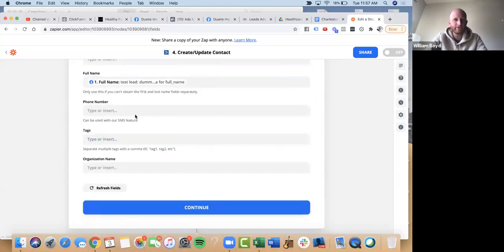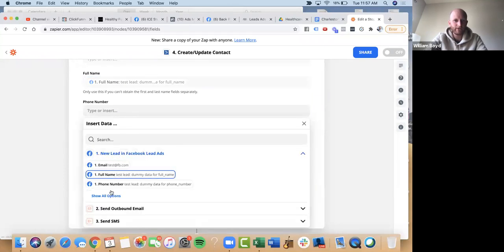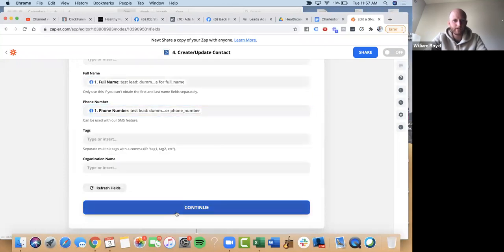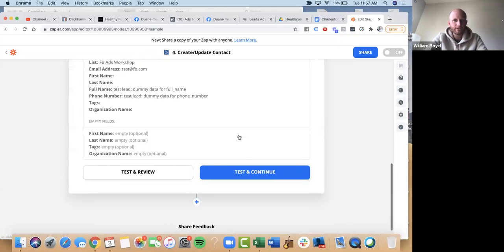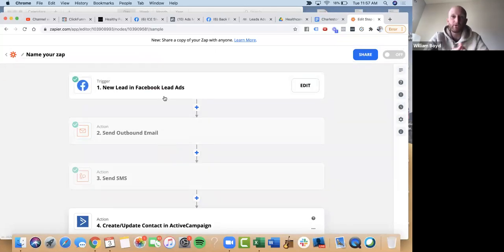And if you want to add a tag, you can. If you want to add their phone number, you can. So you could go and get their phone number. Click continue. So now, anytime a new lead comes in, this is why it's just so worth $25 a month,